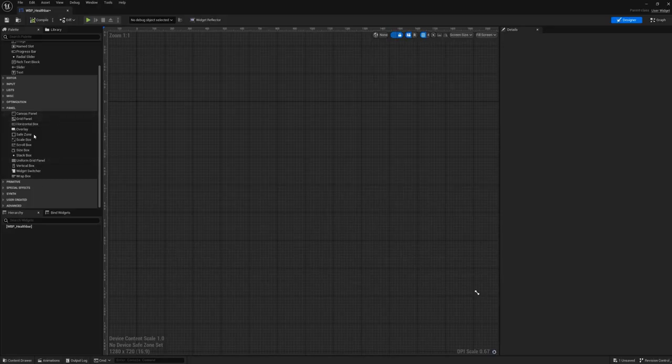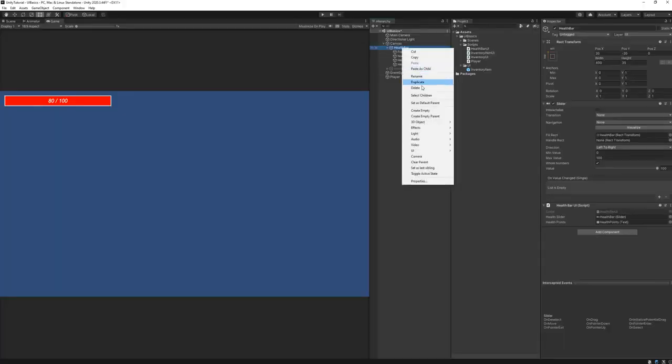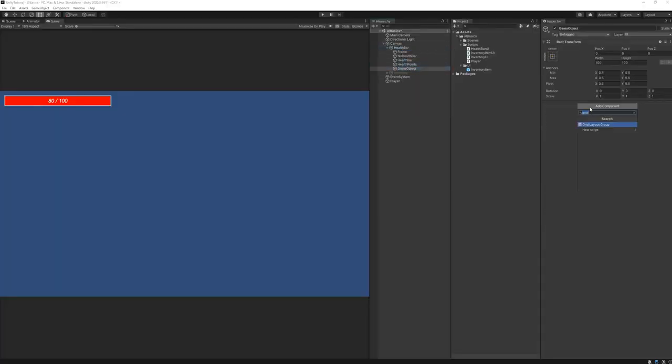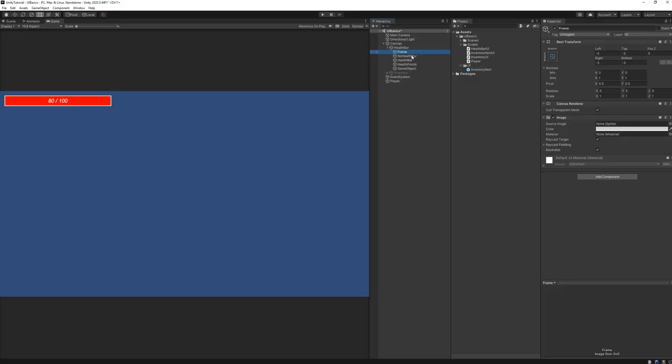In Unreal, you don't really have game objects per se, but you do have these panels that you can add to your hierarchy. If we add this simple overlay panel to our widget, this is basically the equivalent in Unity to adding a new game object and adding an overlay component to it. It's the same as game objects, but they each have custom functionality on them. And the overlay panel is a very performant and very simple kind of panel where you can simply overlay multiple images on top of each other, which is perfect for a health bar, where we have several components to create